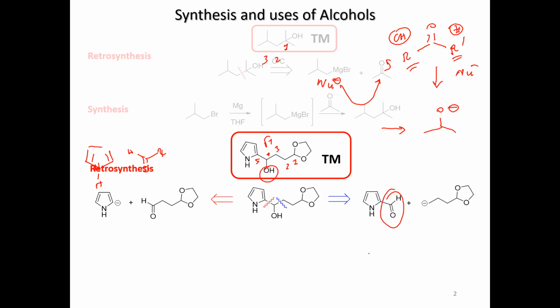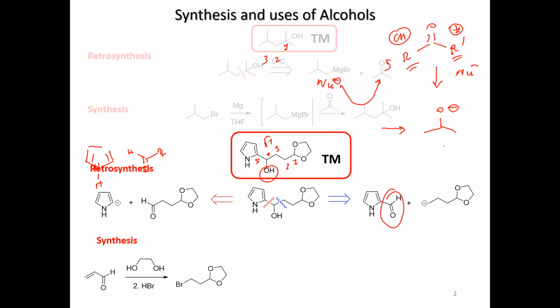In this case, it's easier. You're preventing the potential polyalkylation. So I'm not using this pyrrole as a nucleophile. You're actually using the other compound as a nucleophile, which is attacking the carbonyl. We always said we keep the carbonyl with positive charge because this is the nature of the carbonyl. It wants to behave as an electrophile. It prefers to behave as an electrophile. For the synthesis in this case,